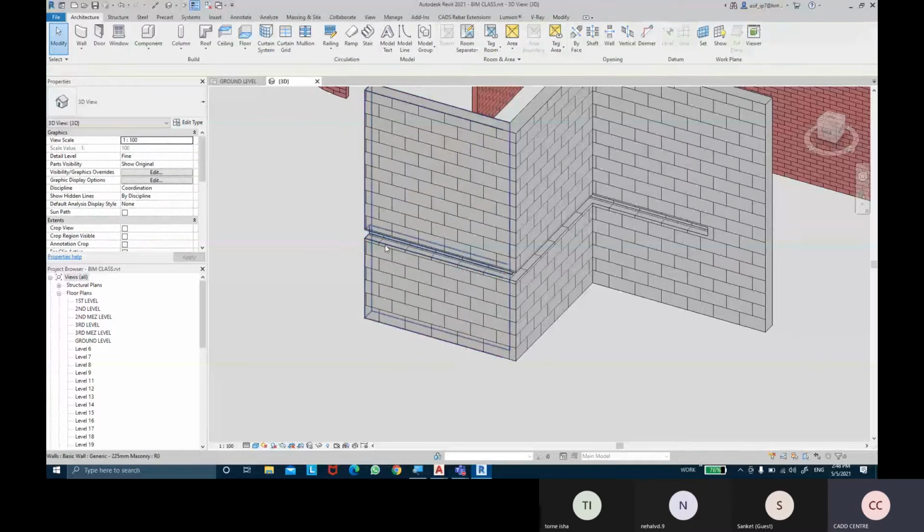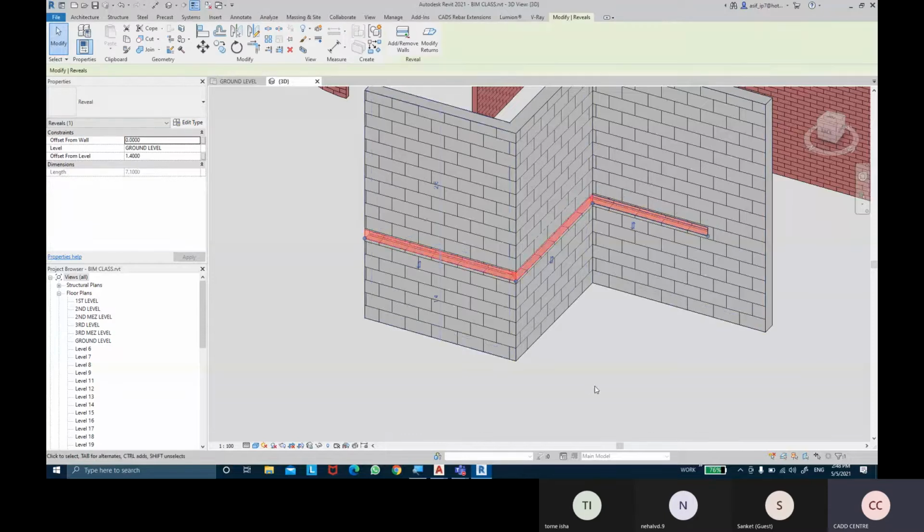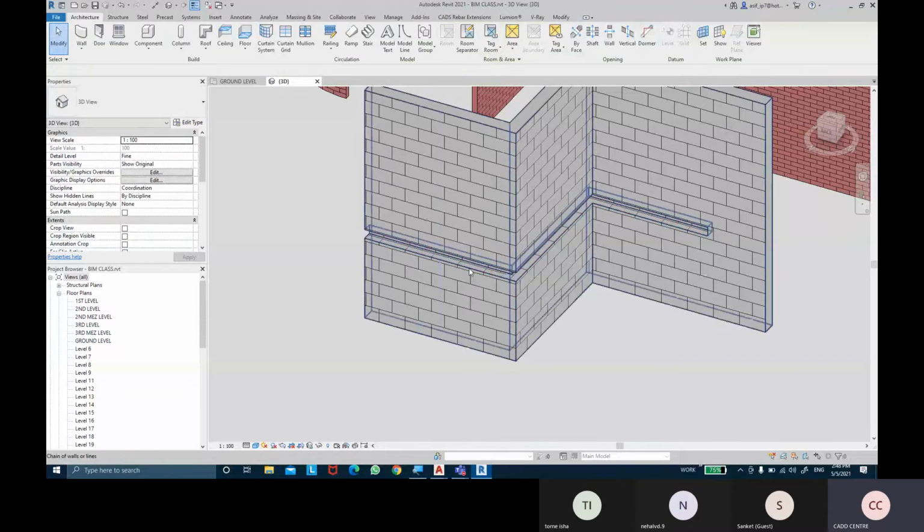So what I can do is keep the cursor over there and press Tab to cycle the selection. So the entire wall is going to get selected. Again, if I press Tab, you can see now the reveal gets selected. Now I'm going to click it. So Tab is used for cycle selection. Okay, so I'm going to hit Tab,